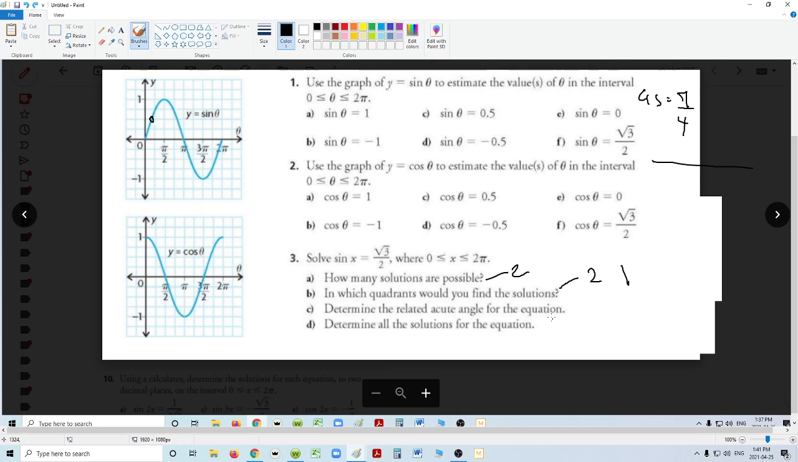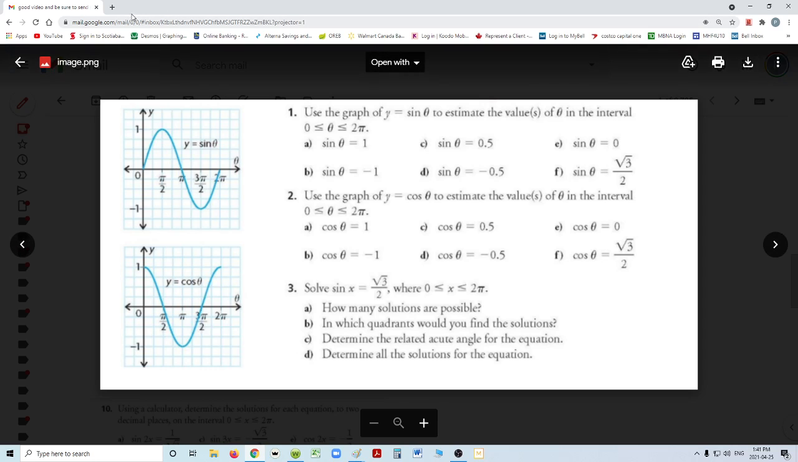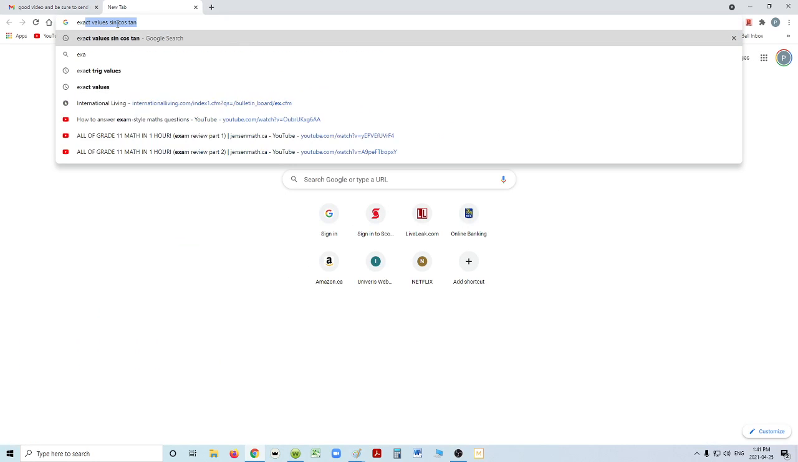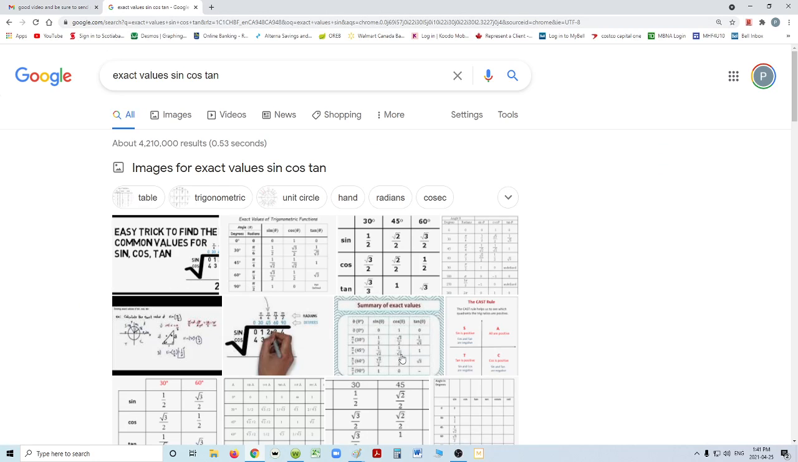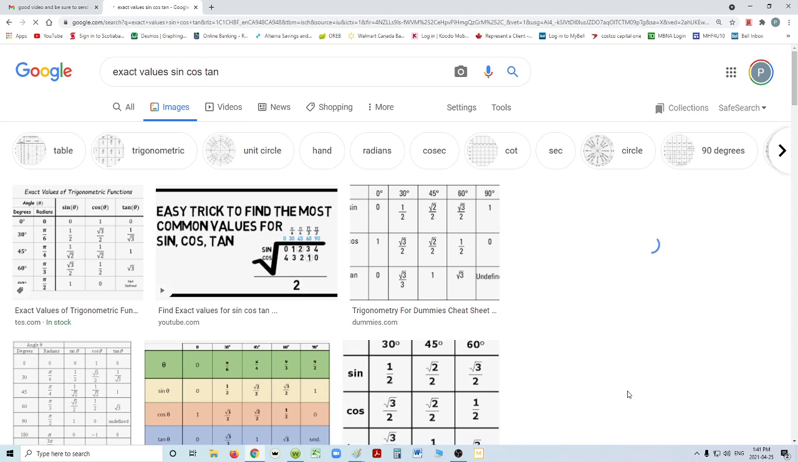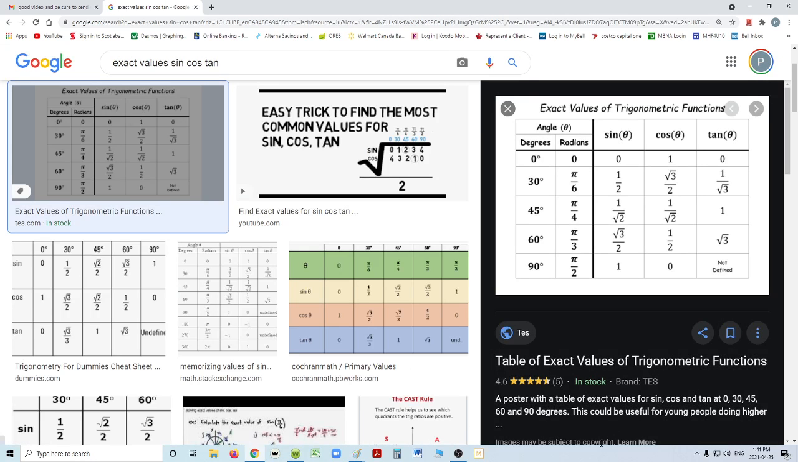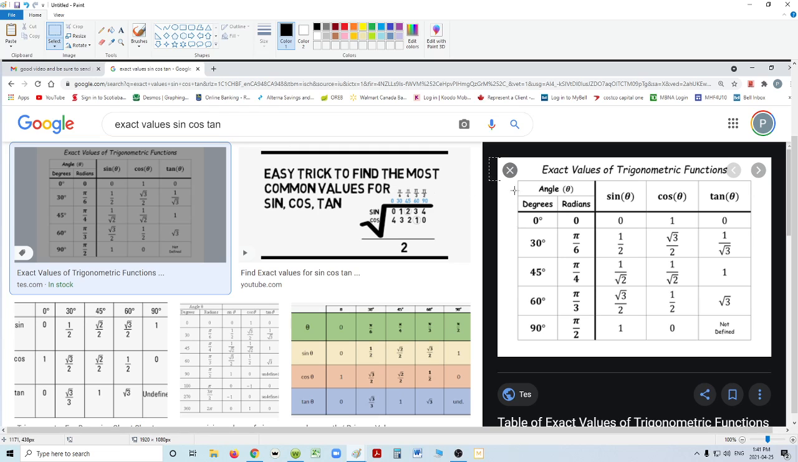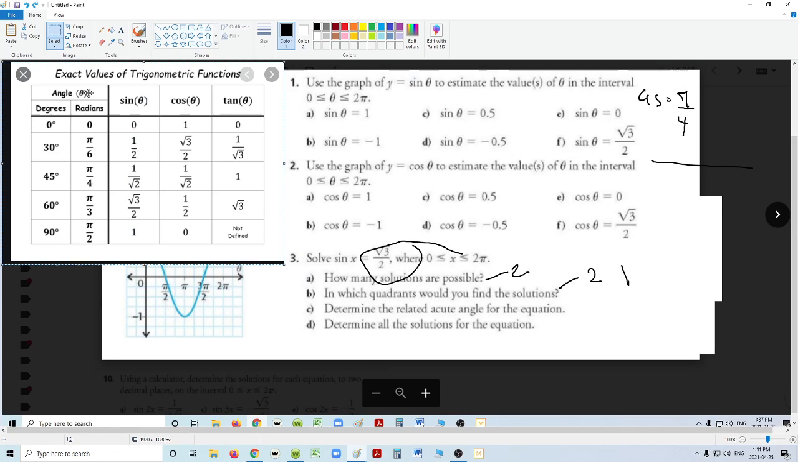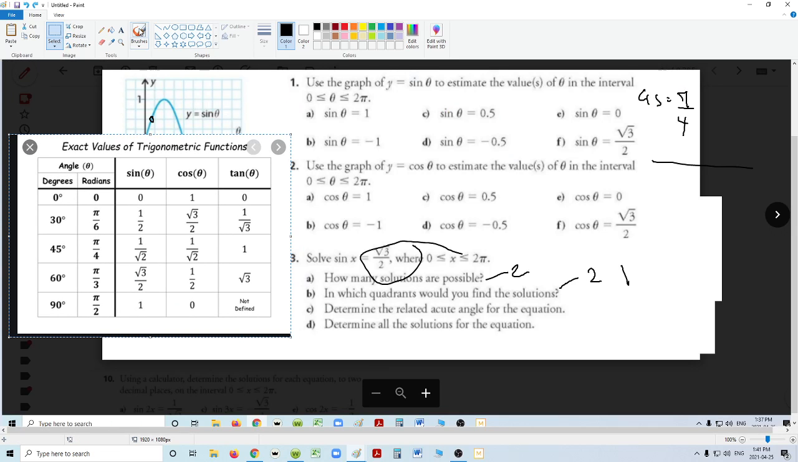Determine the related acute angle. Well, I think we determined that, but you can also always pull out your exact values, sine, cos, tan, and you'll always see something useful like, I guess this one's pretty useful. There we go. And just keep a copy of it handy. And here it is. Good. And then you'll right away see that square root of 3 over 2 is over here, and for sine